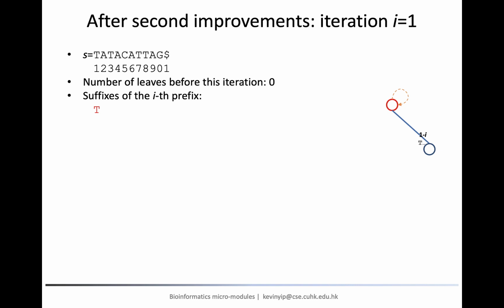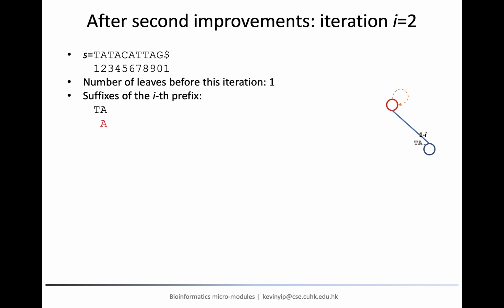Notice that the ending position of the node label is written as I, since at the ith iteration, it will always take the value of I directly without the need for an explicit update. According to our rules, since this is a type A insertion, we follow the suffix link of the current node and reach the root node itself, which will be the starting node for the next insertion.